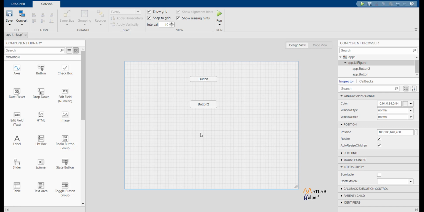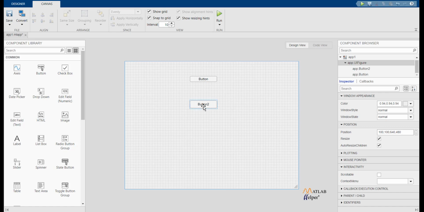But in the case of an App Designer, you just need one file and it is saved in this .mlapp file. So both your design and your code view is combined together as one. And other than that, even the usability and the user friendliness of this is much better than that of GUIDE, and so App Designer is preferred.